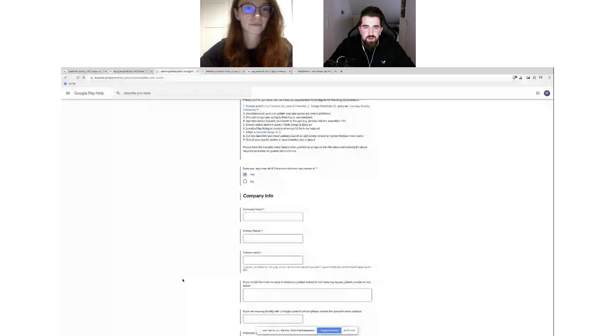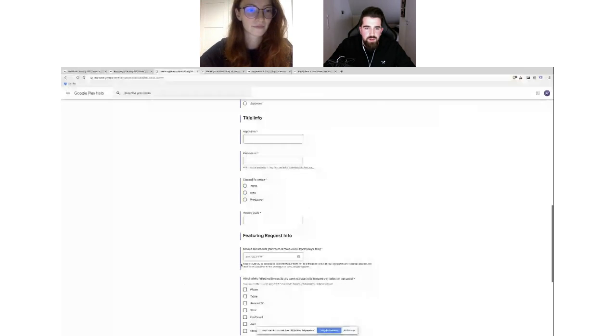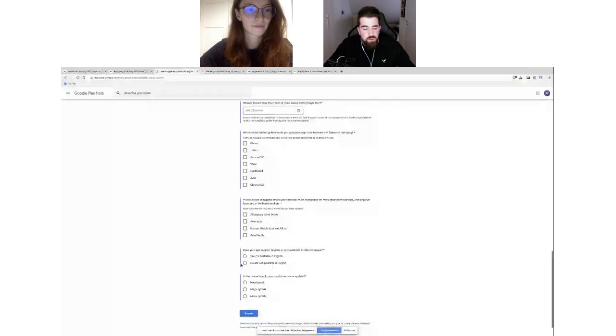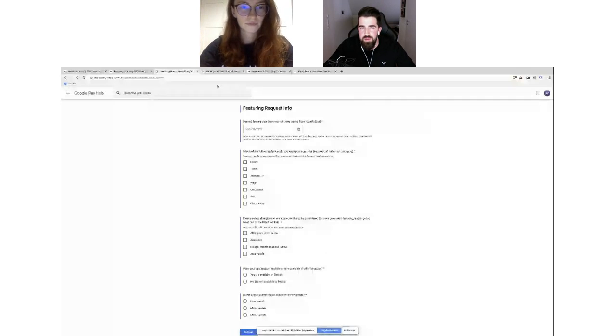Then you add your company info and what your app is about, and submit it to Google in order to get a feature of your own. At least if you don't know anyone personally at Google, that's a really good idea: submit your app on this contact form a little in advance. Maybe you have an update or a seasonal, very important day where your app might be a good fit for a feature.